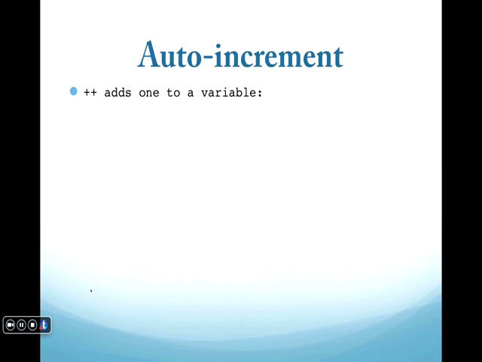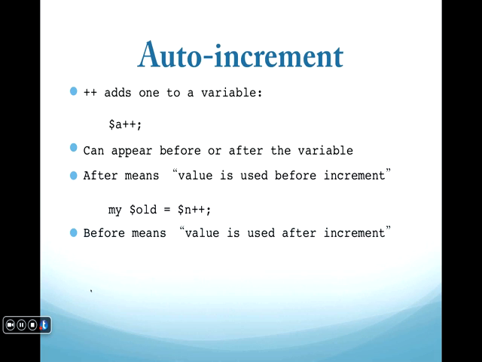Auto increment. We saw the incrementation previously, but here we're going to talk about it shortly. It's the same in Java and C. So you can increment the value of a by 1 just by adding double plus. Now you might put the double plus before or after the variable. The result will be the same, but if you are using it in a statement